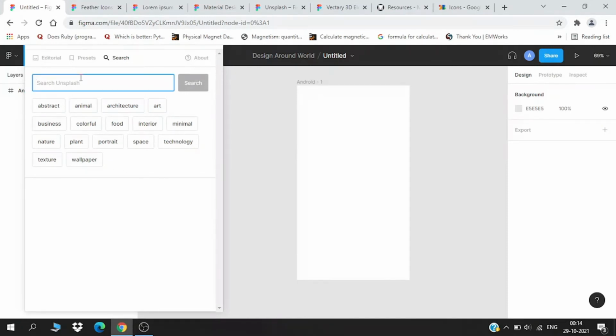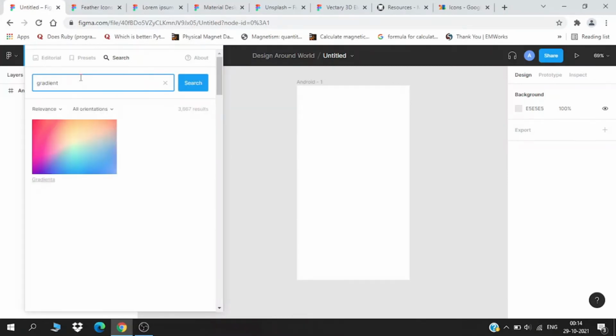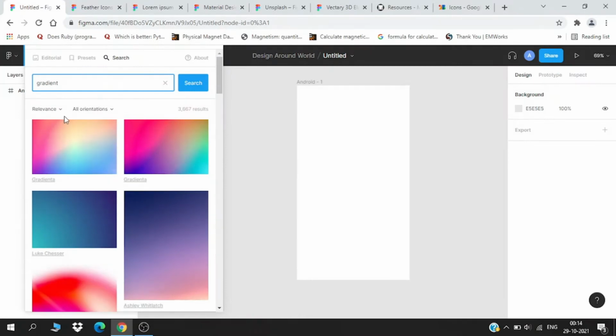There is no tag for gradient, so if I type gradient here, it will show us the gradients, and also the most recent ones uploaded in this plugin and the most relevant, which is most used.